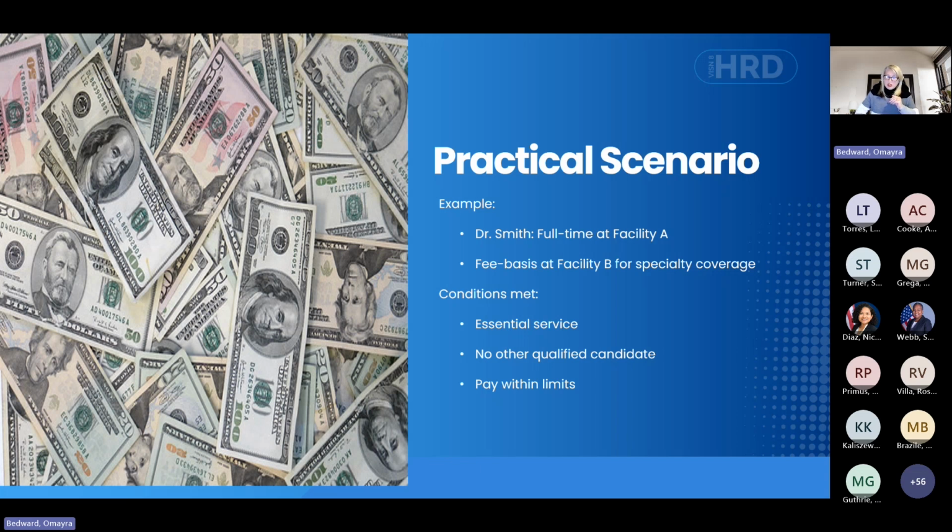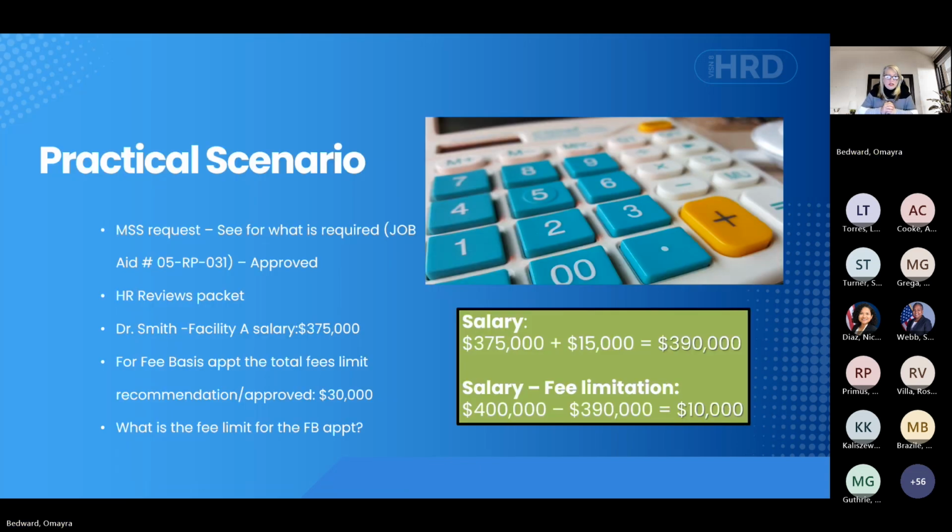Now, let's take a look at somewhat of a practical scenario. So let's just say that you receive that MSS request, and I will refer you to JAB 805 RP 031 because it has a process for this. Let's say that MSS request has all of the required documents in that JAB.